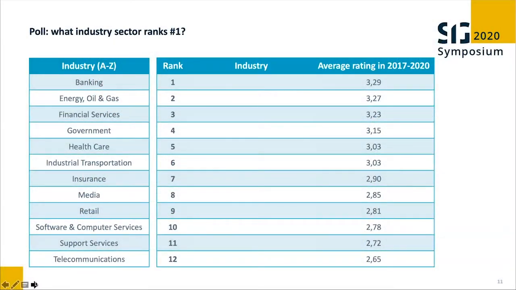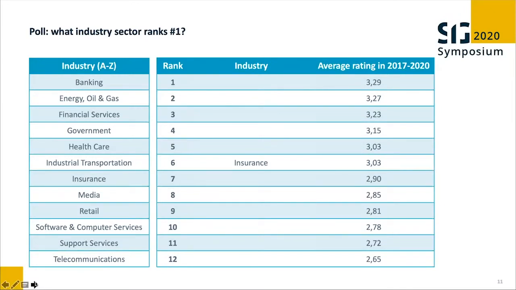First of all, the difference between the best and the worst performing is quite significant. It is more than half a point in build quality, and it has a quite significant effect. And we'll go through this, and there will be a poll in a second asking you to say who's the best one, but we'll take some of the tension away. To go from 6 to 12, we see insurance performing on the 6th place, media performing below average at the 7th place, then healthcare,